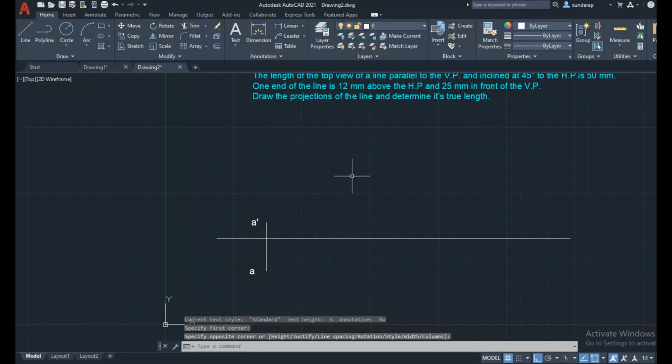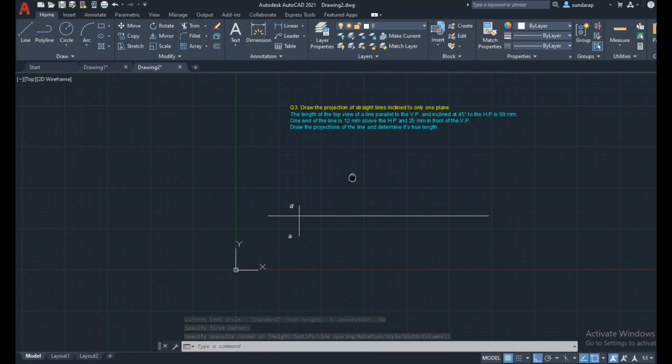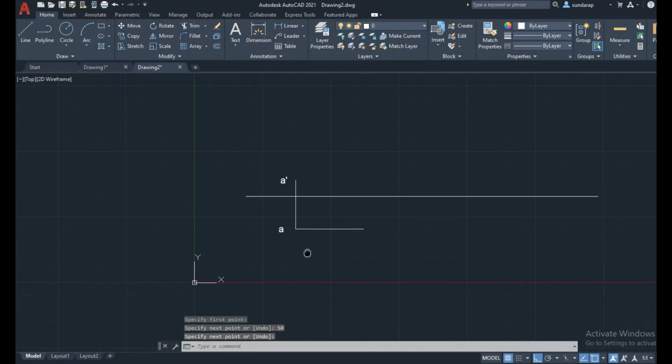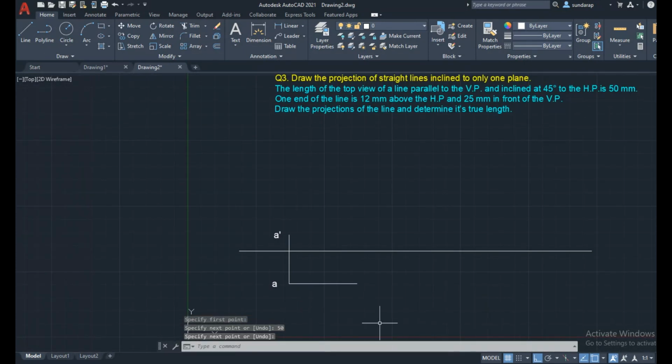Next, the question description says the top view of the line, parallel to the vertical plane and inclined 45 degrees to the horizontal plane, is 50 mm. So the top view length is given. The top view is always obtained below the XY line. We have the top view line parallel to the vertical plane, with a length of 50 mm. So this is the top view length.